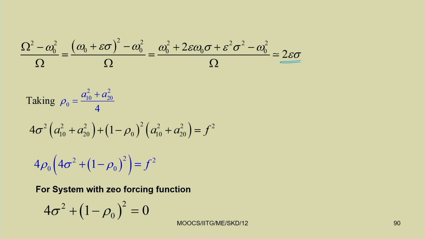So now, for steady state, taking a1 equal to a10 and a2 equal to a20. This is the steady state solution. For the steady state solution, taking rho 0 equal to (A10 square plus A20 square) by 4, we can conveniently write the equation in this form, that is 4 sigma square